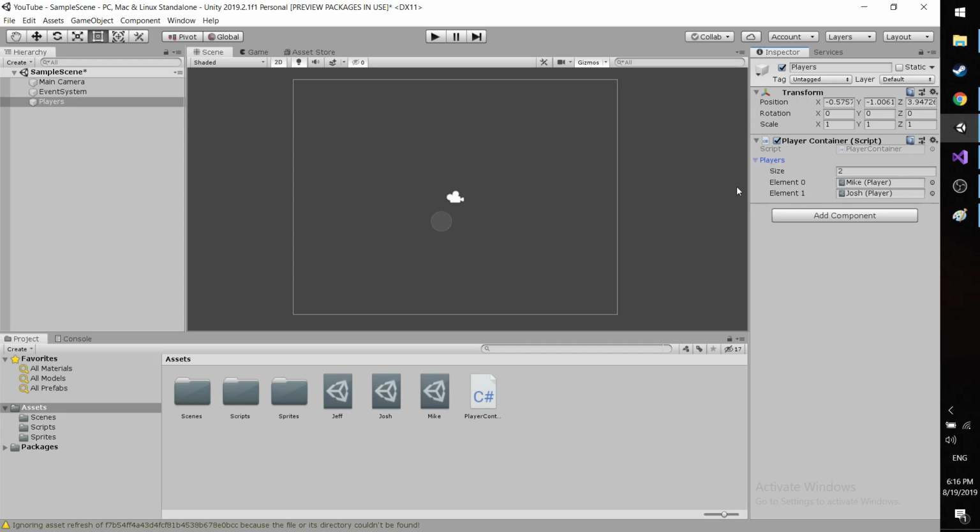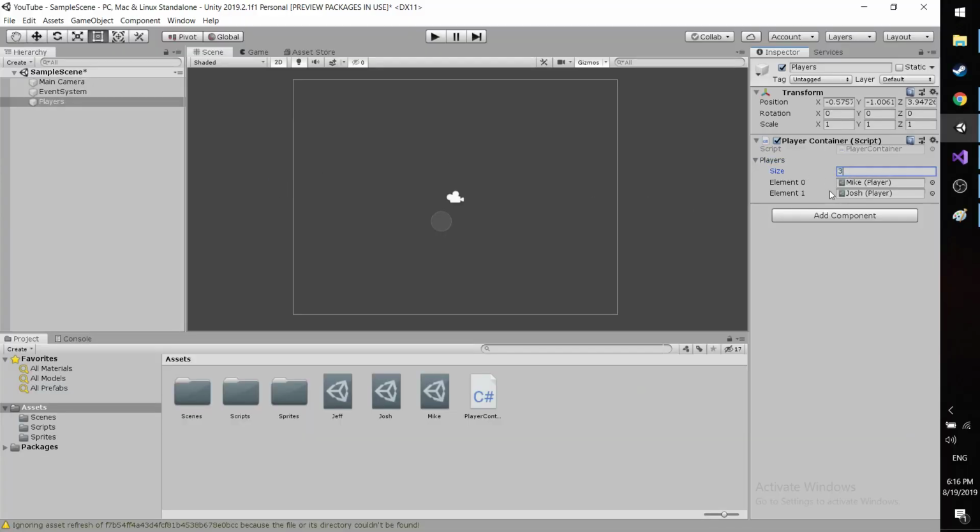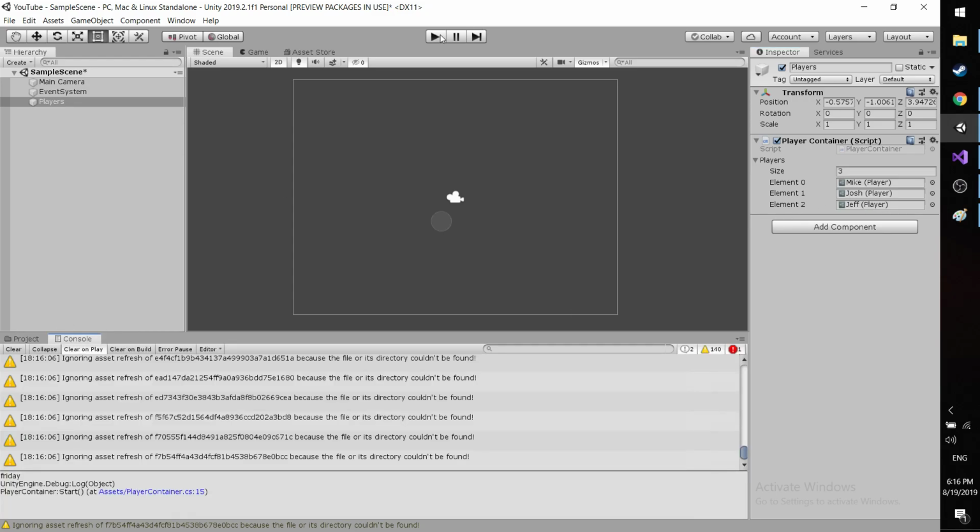Makes sense. So that's arrays. That's how easy it is. And if you want to add 3 elements, let's add, what do we need to add? We need to add Jeff. There we go. Mike, Josh, and Jeff. So we've added them. And now if we run that,